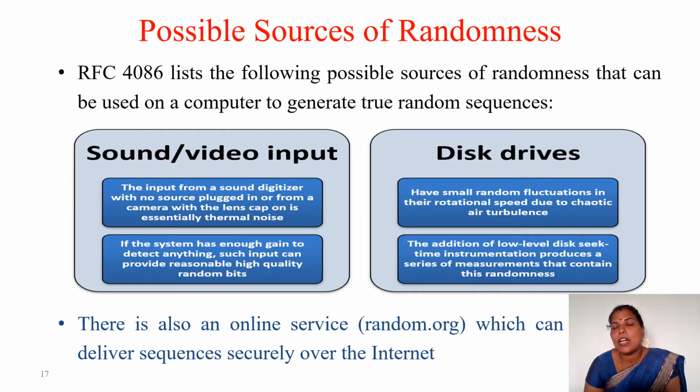So mainly, what we are discussing is that in Intel processors, the random number generator is mostly built using thermal noise. The entropy source used is thermal noise, and if the system has enough gain to detect anything, such input can provide reasonably high quality random bits. From disk drives also we can generate randomness, because they have small random fluctuations in their rotational speed due to chaotic air turbulence. The addition of low level disk seek time instrumentation produces a series of measurements that contain this randomness. So using this physical environment, we can generate a random